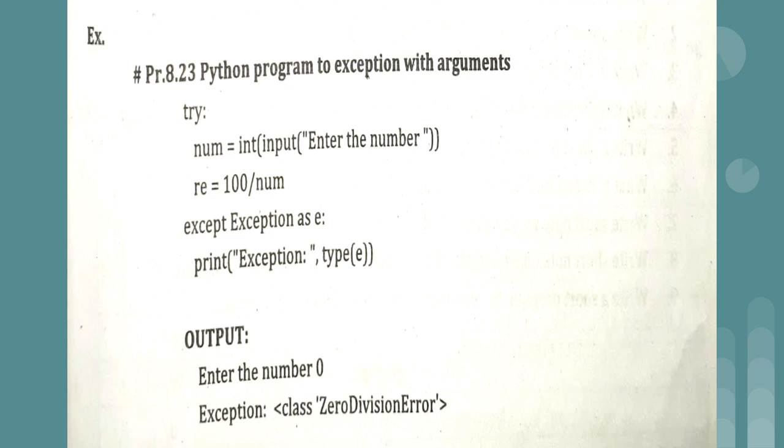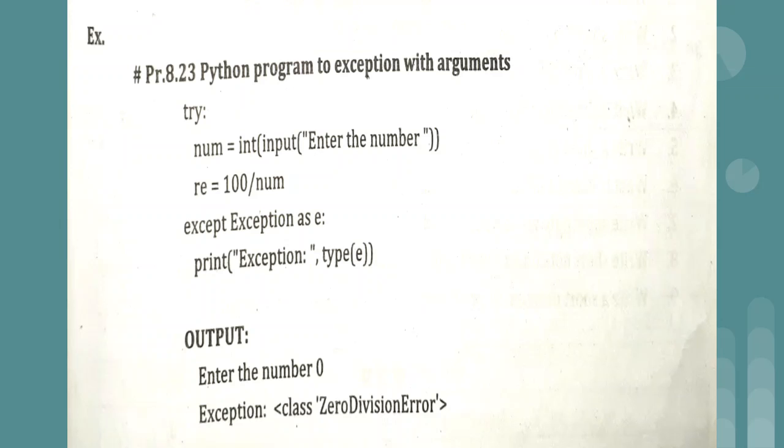So just see the example. So again we have taken one number, we are trying to divide that number by 100. Then we are having Exception, which is nothing but an exception type, and then we have to use the as keyword, and then we are having argument, that is e is nothing but the argument, and then within print in round brackets "Exception:". Okay, this is the text message which will get displayed, comma we have displayed the type of e, means which type of error has occurred. If you want to know that, in that situation you can use type in round brackets e.